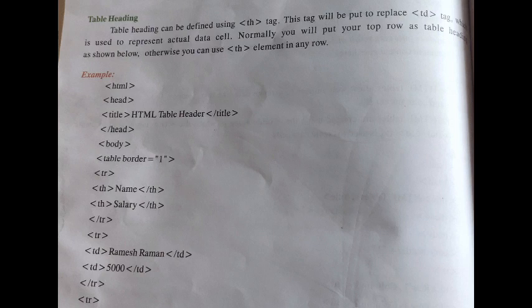Next is the table tag. Tables, we know, are displayed in rows and columns. Clear students? So, see the slide. Can you find table border equal to 1? This represents the box line. We will draw a box for drawing rows and columns. So that box line thickness is represented by table border equal to 1.